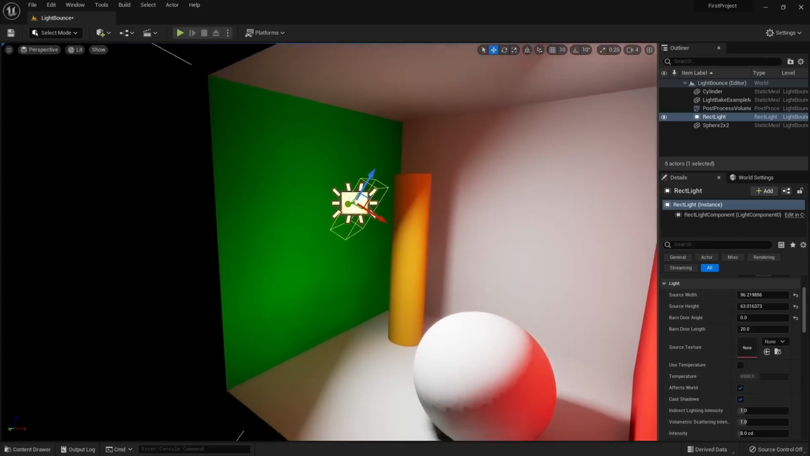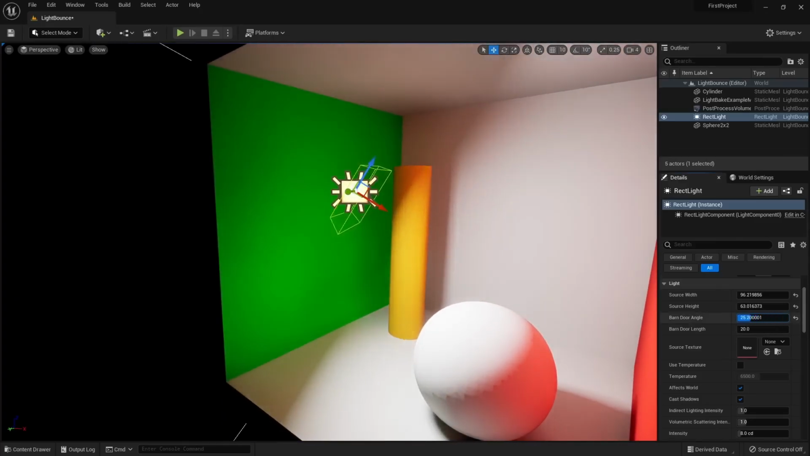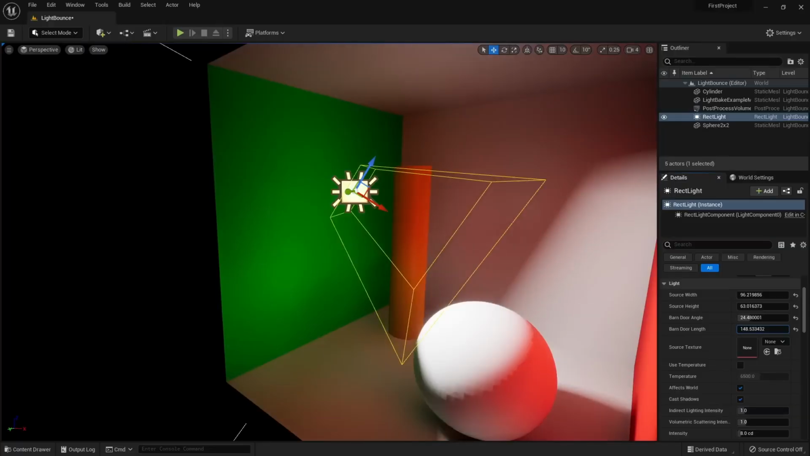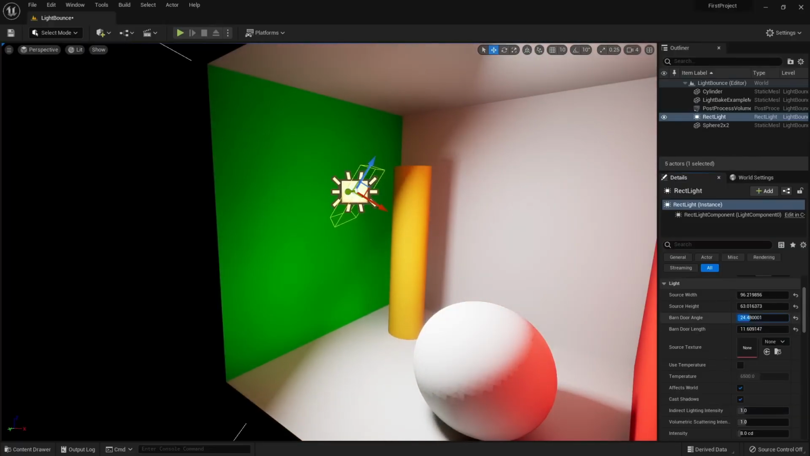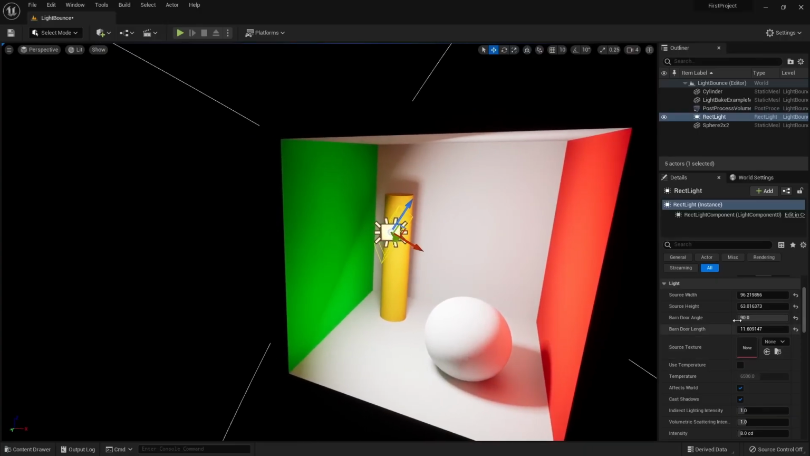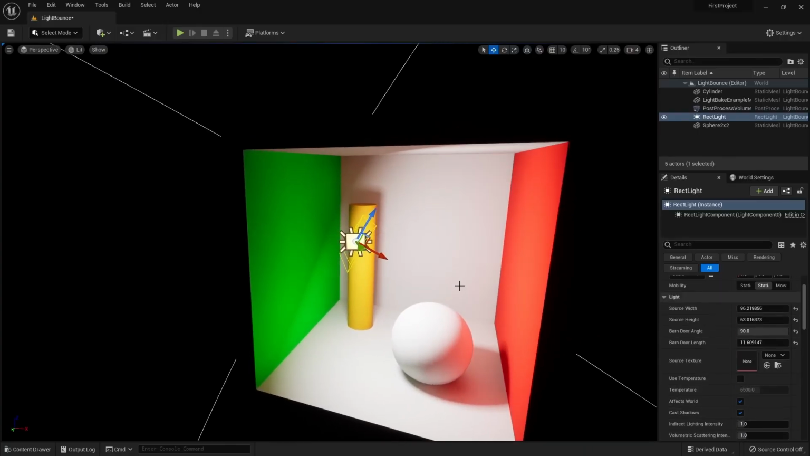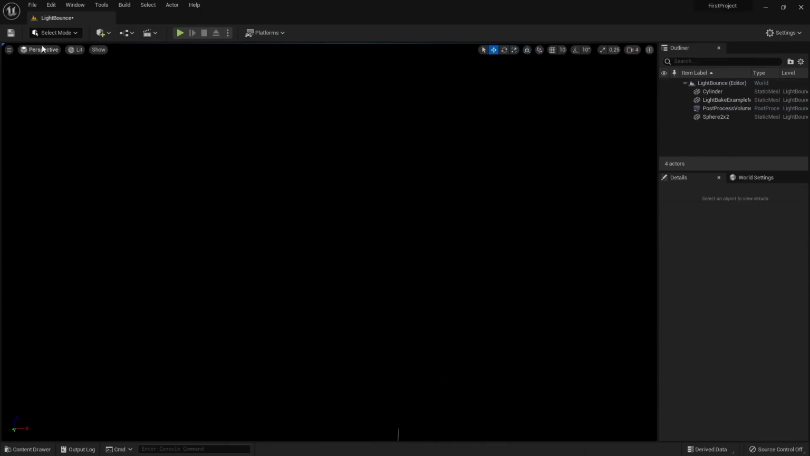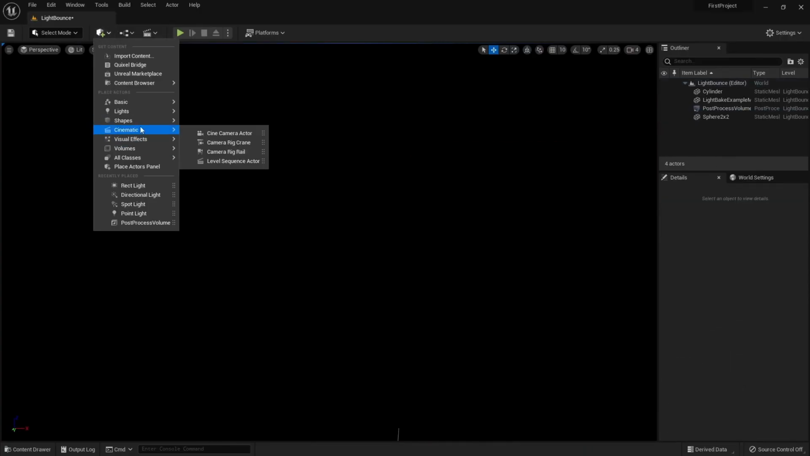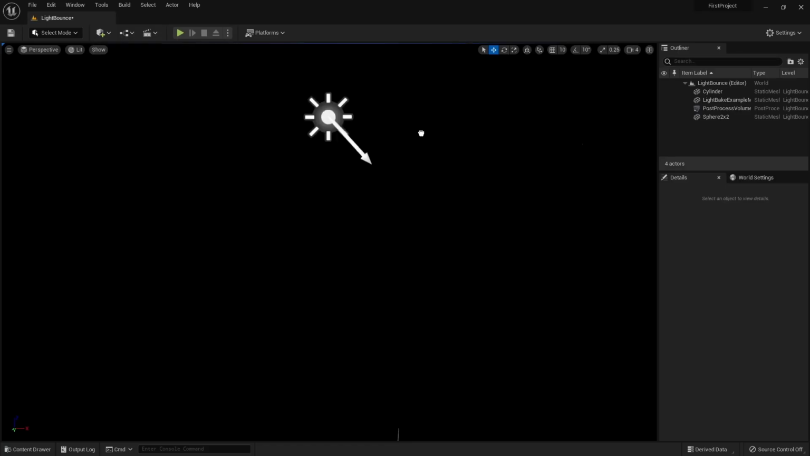And hopefully you can better see it from this angle, what the barn door is. Or I can increase the length. So we have a lot of control over the specific fall off of that rectangle light. Other than that, the controls are the same. So let's delete that. And next up is probably the light you're going to be using the most, the directional